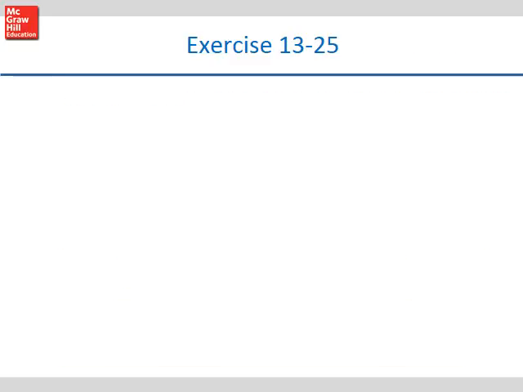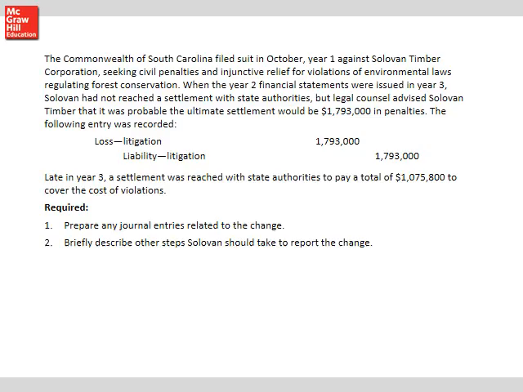Okay, exercise number 25. The Commonwealth of South Carolina filed suit October 1st of year 1 against Sullivan Timber Corporation, seeking civil penalties and injunctive relief for violations of environmental laws regulating forest conservation. When the year 2 financial statements were issued in year 3, Sullivan had not reached a settlement with state authorities, but legal counsel advised Sullivan Timber that it was probable the ultimate settlement would be $1,793,000 in penalties. The following entry was recorded: